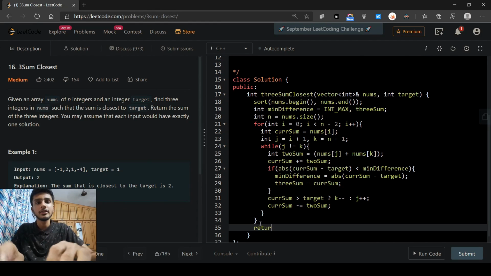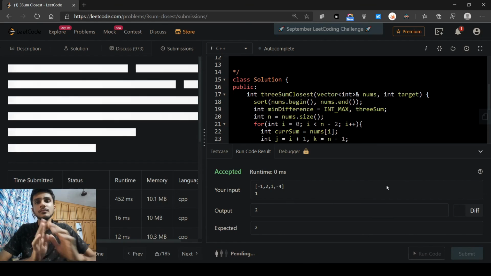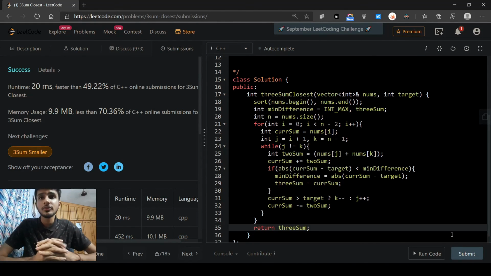Right, let's return our 3sum value. Yeah, so as you can see, our code has been accepted.